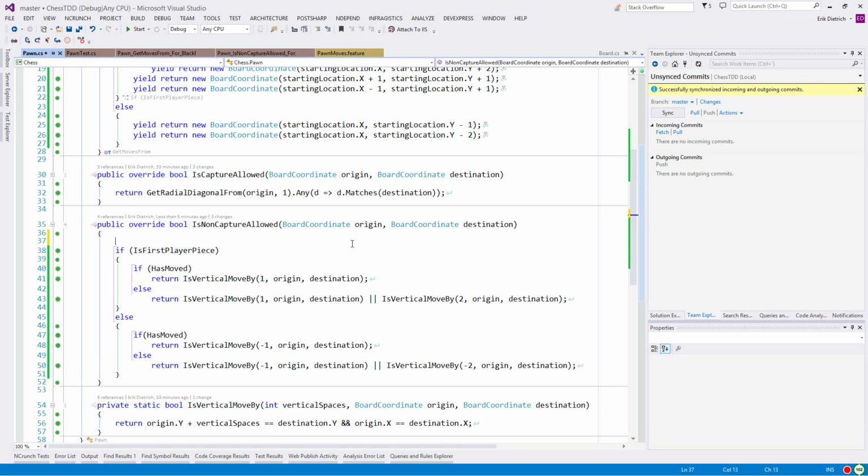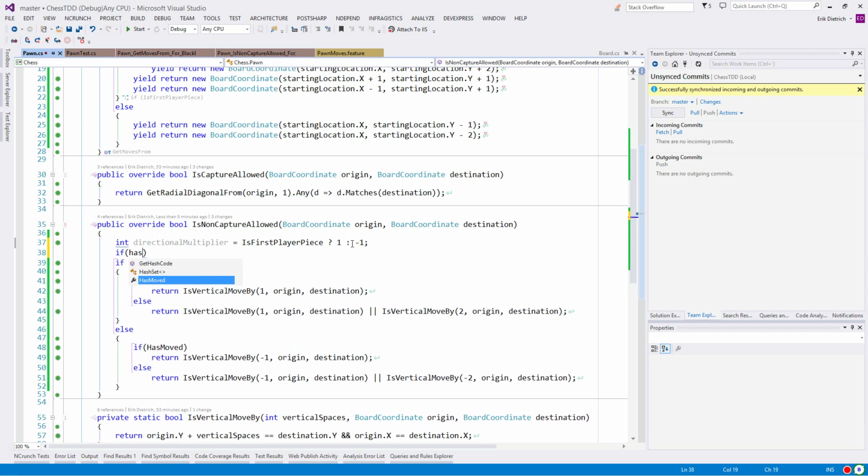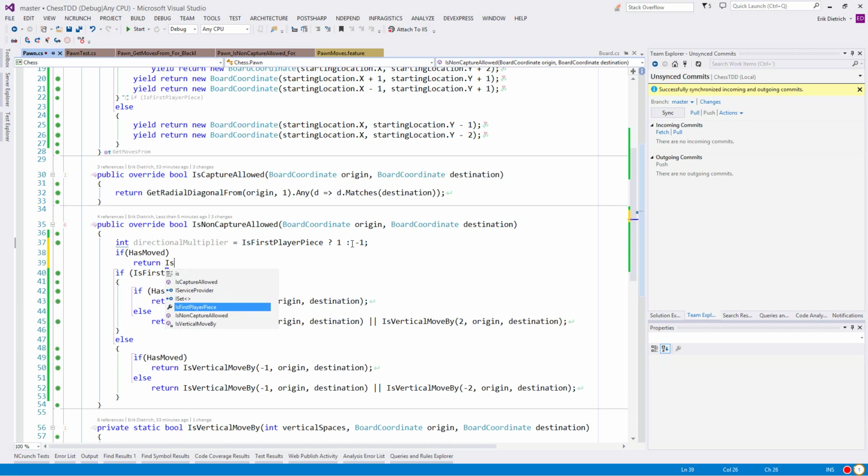In this situation, I need to make it so that it's not letting me, after the piece has moved, go 2 spaces ahead, whether the pawn is black or white. So what I started to do is I had this notion that maybe I should make 2 inheritors of pawn and have black pawn and white pawn. But then I started to see that even if I did that, there would be a whole lot of duplication between those 2 classes. So maybe instead of creating a 3-deep inheritance hierarchy and that sort of indirection,